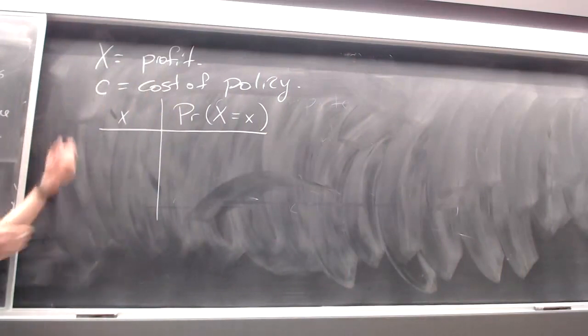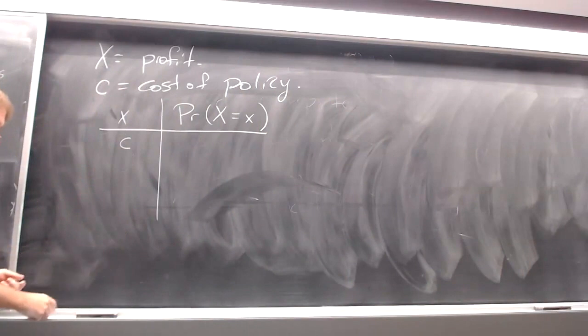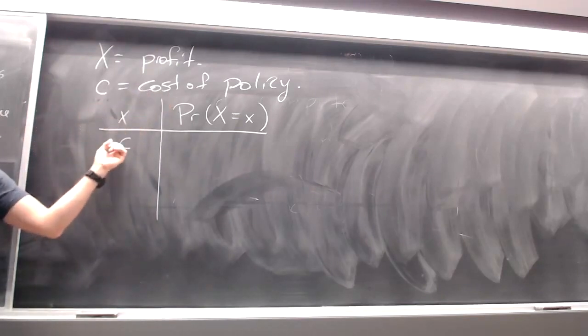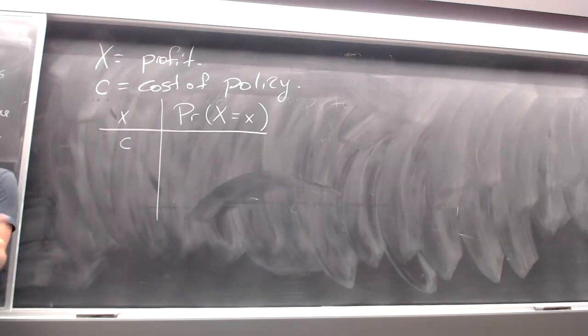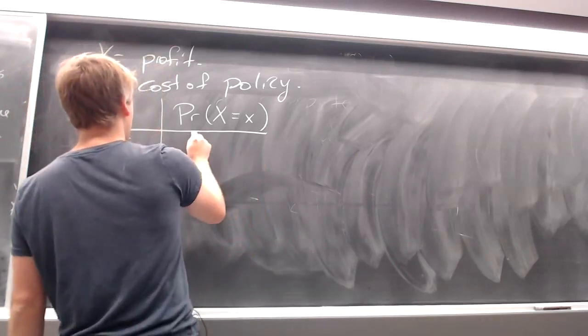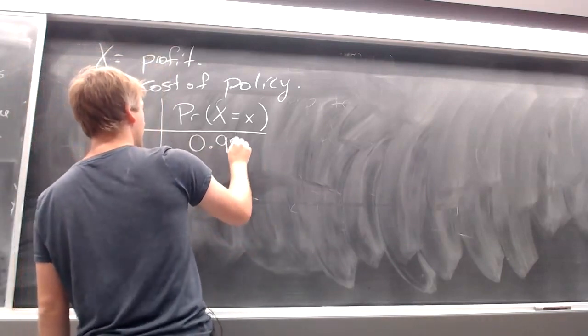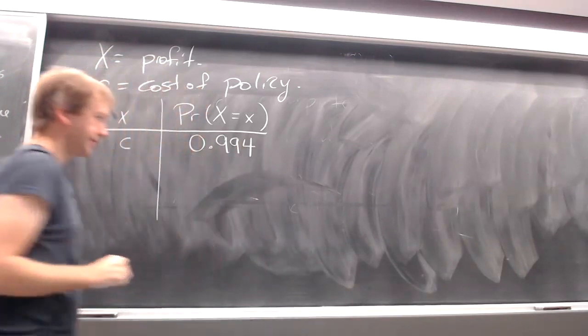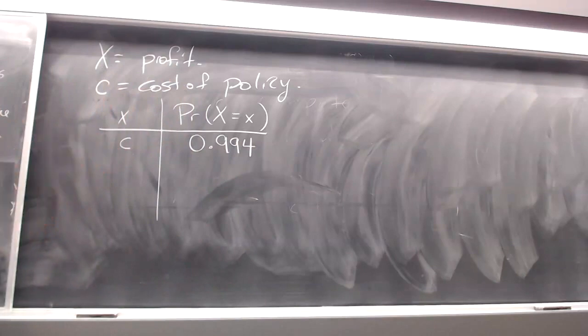Yeah, or in this case, I'll call it C because that's what we've written as the cost. But I think you've got the right idea. So if the cost of the policy is C, then if the person doesn't die, the insurance company just keeps that money and they pay out nothing, right? They just get the cost. That happens with probability... so if there's a 0.6% chance of them dying,